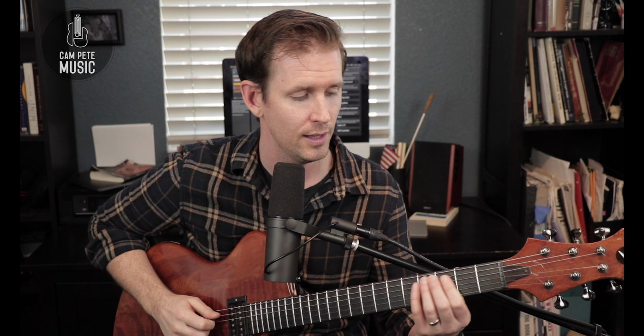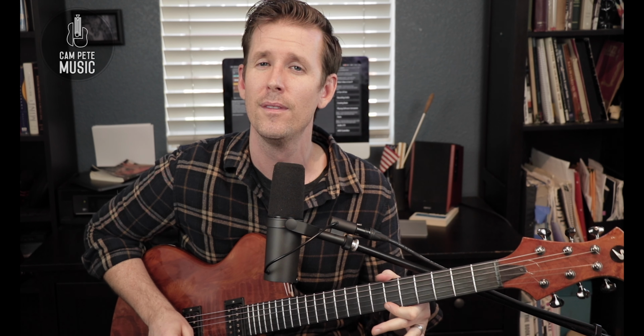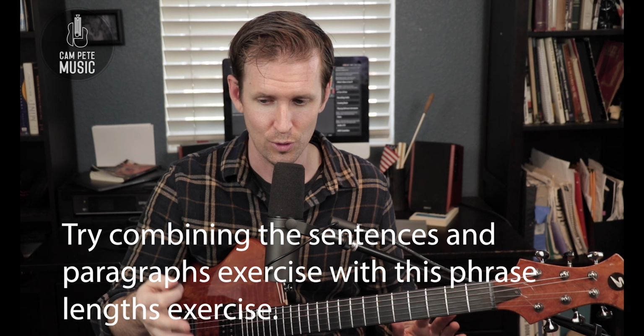You can mix and match this. You can change the order. You can play 2 long phrases and a short, and it sounds something like this. You could use the same concept as the one before, where you take an idea, you repeat it, so those are your 2 short ones, and then you play a long development and recapitulate your short idea. So that would sound like